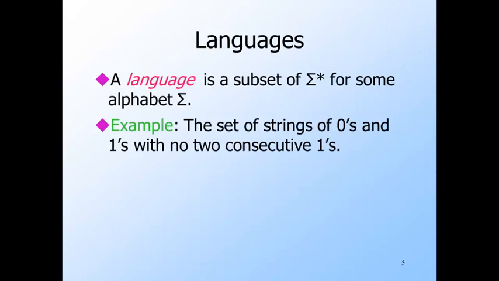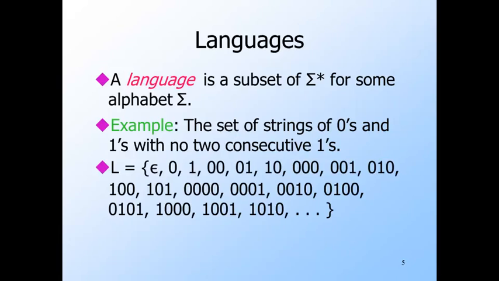Here's an example of a language L we're going to meet several times. Its alphabet is 01, and it contains all strings of 0s and 1s that do not have two consecutive 1s. So the empty string is there, and both strings of length 1. Of the strings of length 2, all are there except 1, 1, because that obviously has two consecutive 1s. 5 of the 8 possible strings of length 3 are there, as are 8 of the 16 strings of length